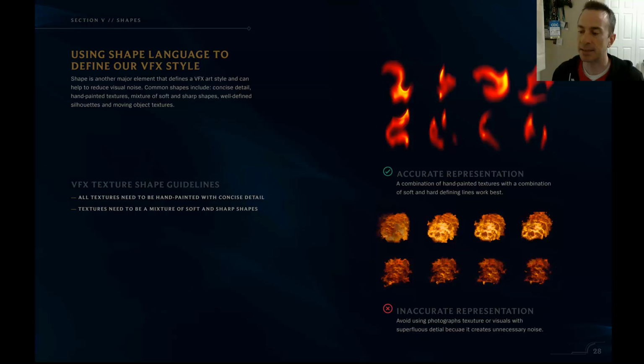Looking at this page, basically you can see that in League specifically, we try not to think of shape as, what is the shape of the entire effect painted in this one texture. Instead, you want to think of it as breaking it into its components, right? So here in this example, we have the flame licks, and many of those smaller flame licks would work together to create a larger explosion or a burning fire or something like that,